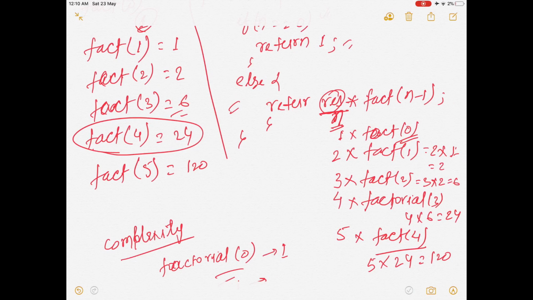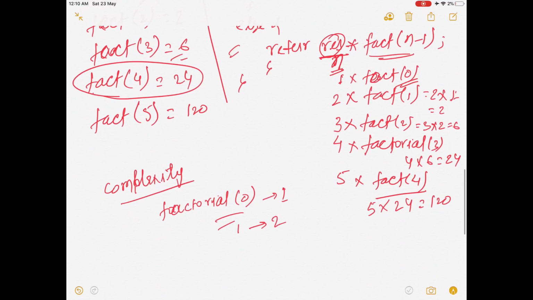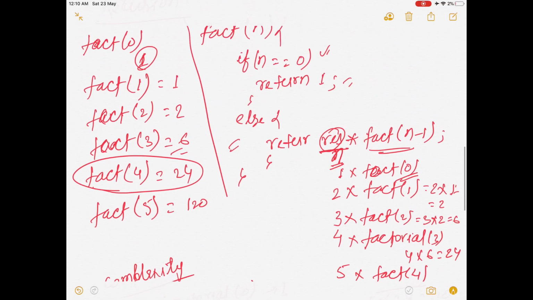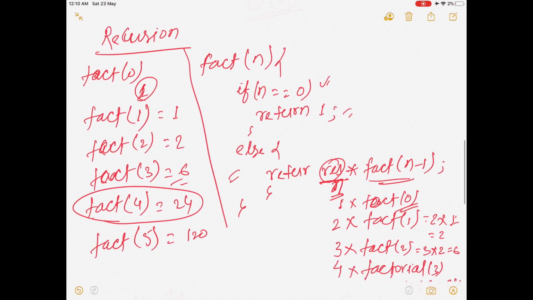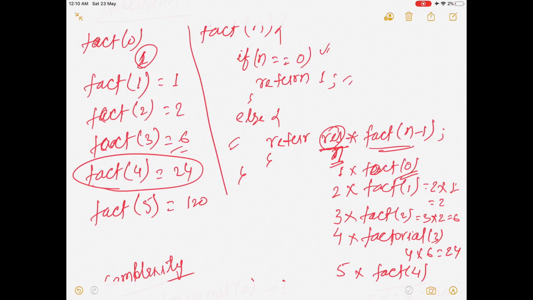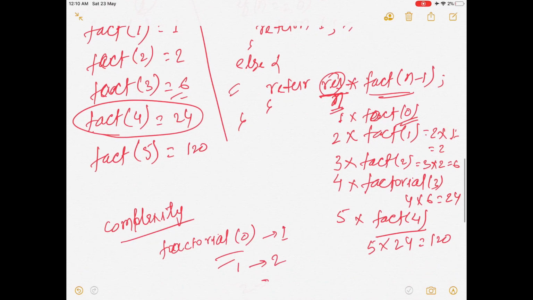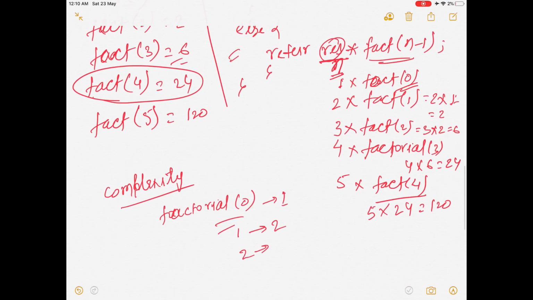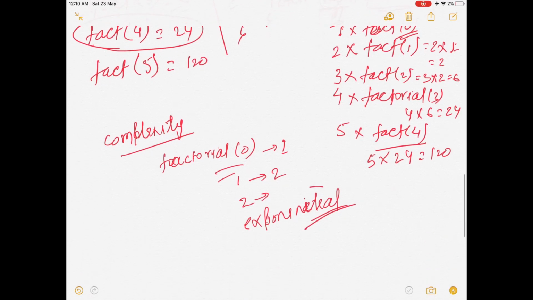Once when it is called, and the second time it is calling from here. So it is 2 times. For 2, it will be more than 2. So it is not n, it will be more than that. So basically the complexity will be exponential.